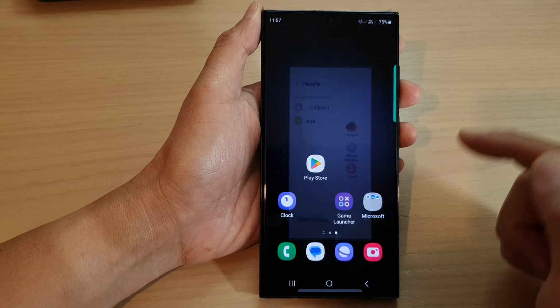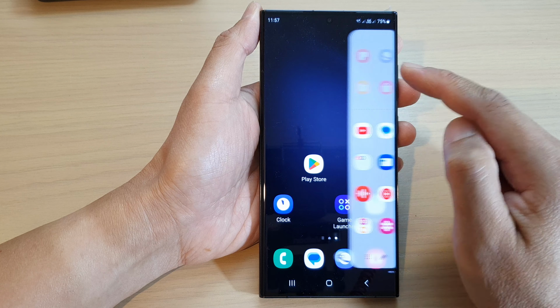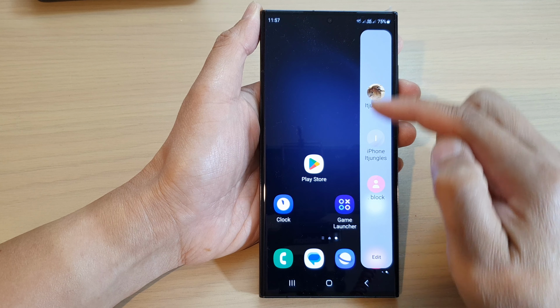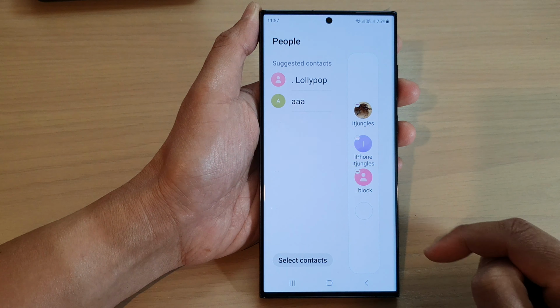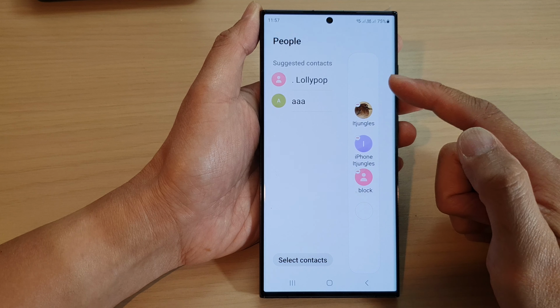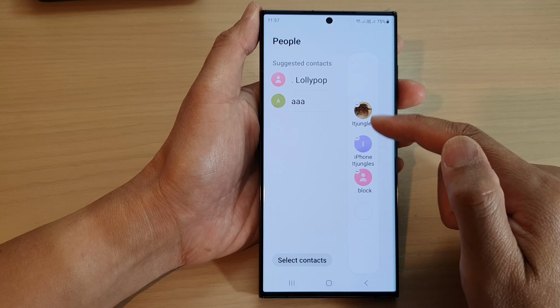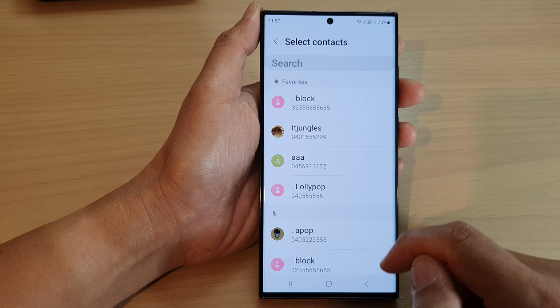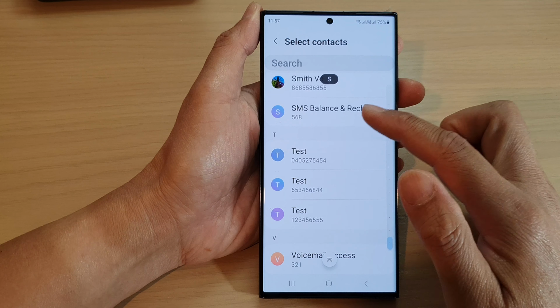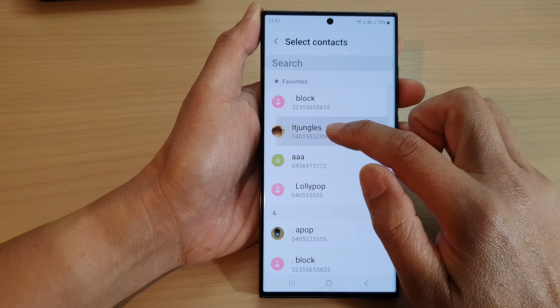People widget, or you can swipe out and locate the People panel, and you can tap on the edit button at the bottom. So either way, you'll be able to add in more contacts to the widget here. Now tap on select contacts, and in here you can go down the list and select the contacts that you want to add